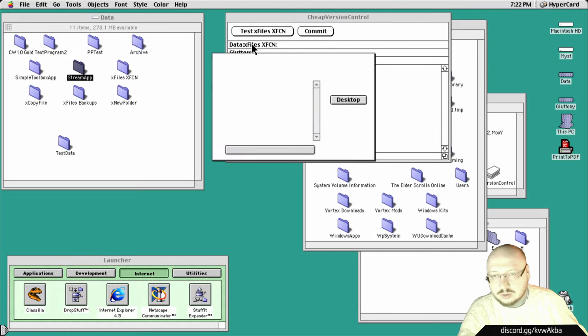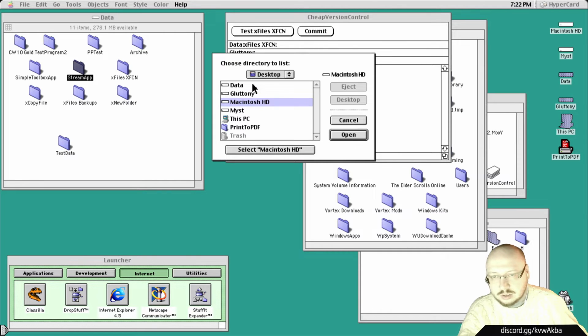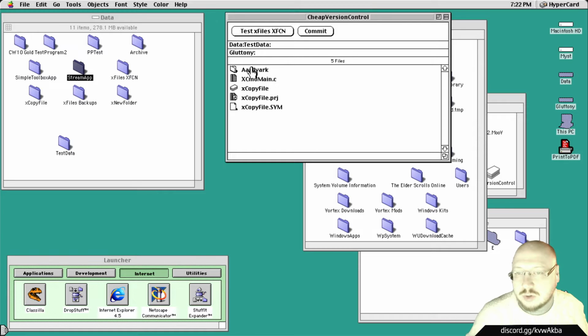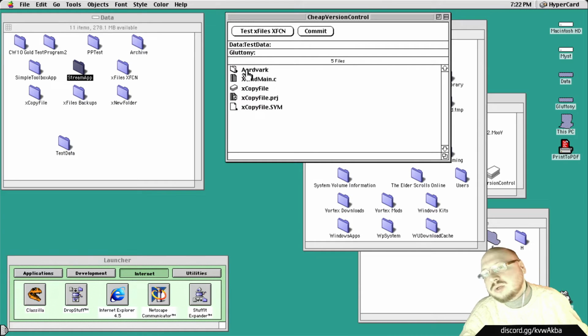And now pick test data. Okay, and so now we just show, okay, this is a folder, and these are a few files. That's a good start. And now what I want to do is list all the files